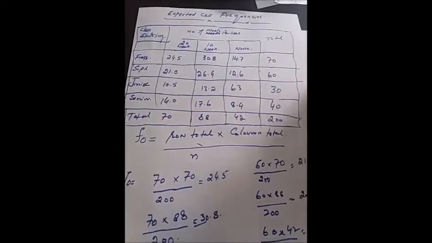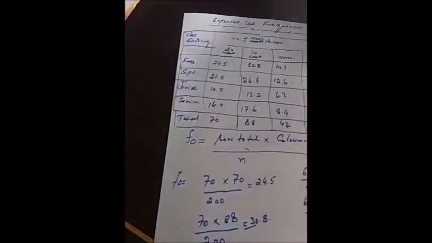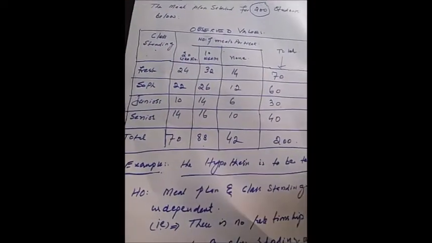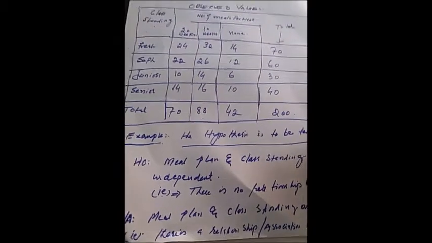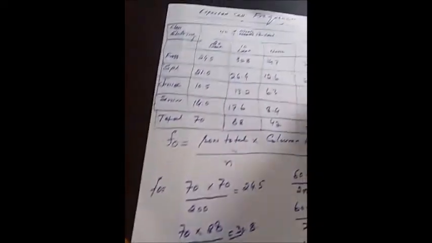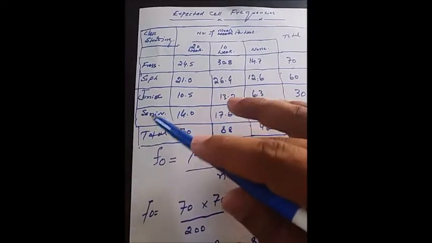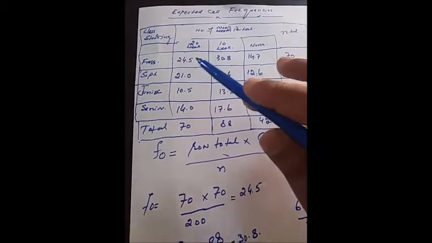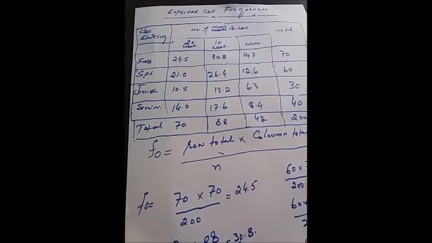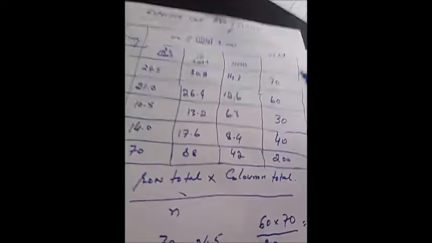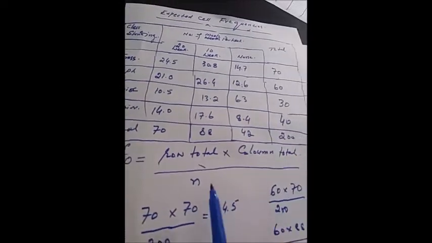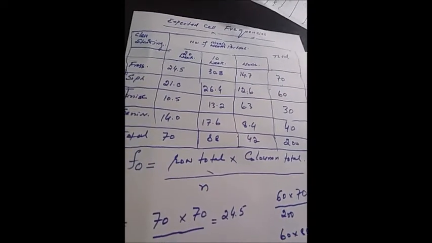So we obtained the expected frequencies from these observed values. From these we have obtained the expected cell frequencies for fresh, SOF, junior and seniors for 10 week, 20 week and none. So this is basically the formula by which we have obtained the cross tabulation: row total multiply column total divided by n. So now we have